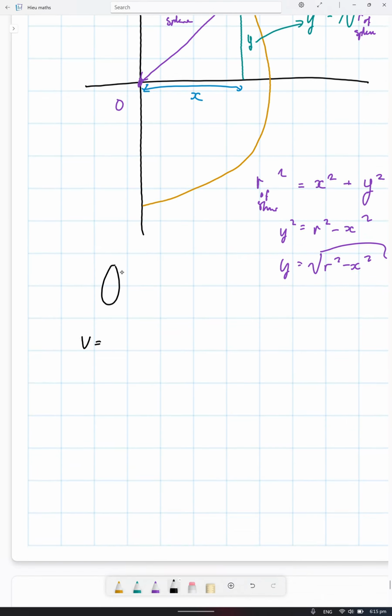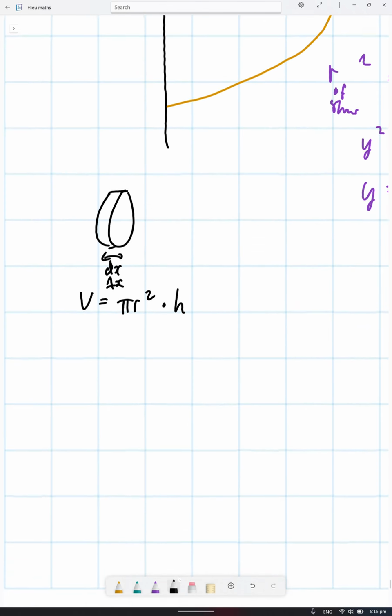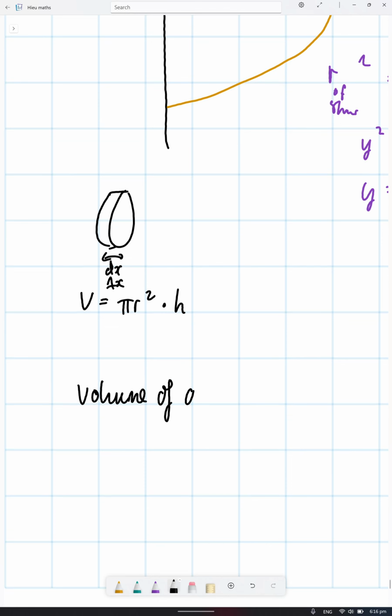Volume of any cylinder is equal to pi r squared. Remember, that's the area multiplied by its height. Remember, do you remember what this is? It's dx or delta x, right? Okay, so now we write the volume of any slice, any cylindrical slice